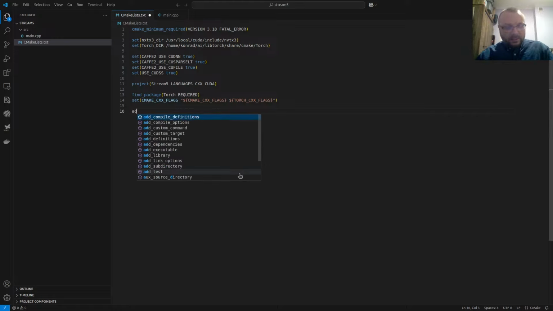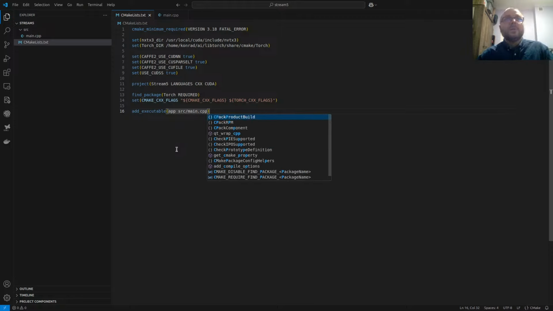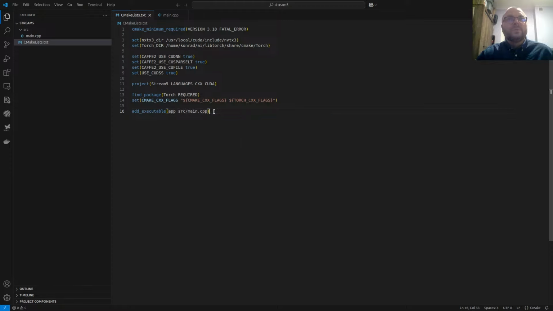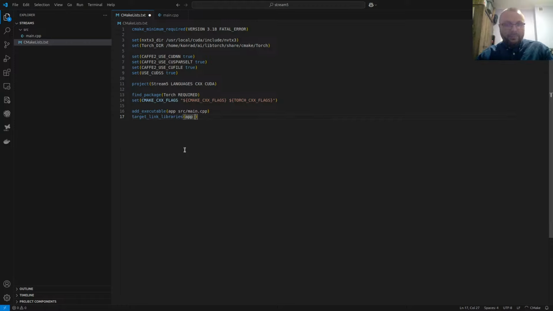And then we add executable, which will be app, and our sources main cpp. And what we need to link? We need to link the torch. So target link libraries to our app and pre-configure variables, so torch